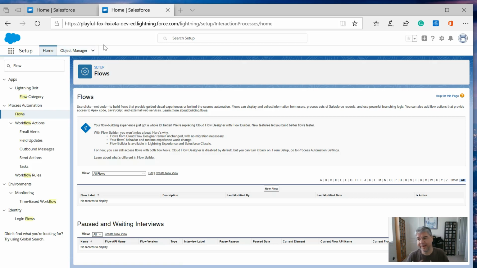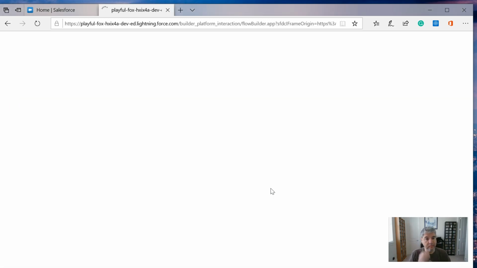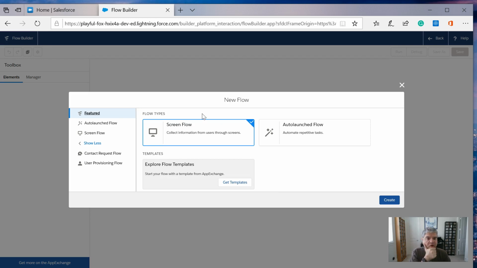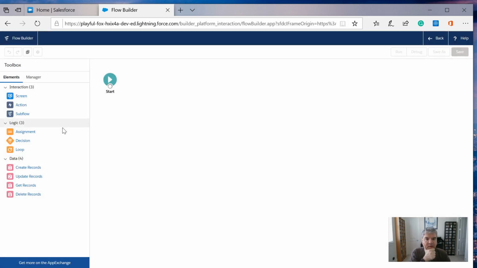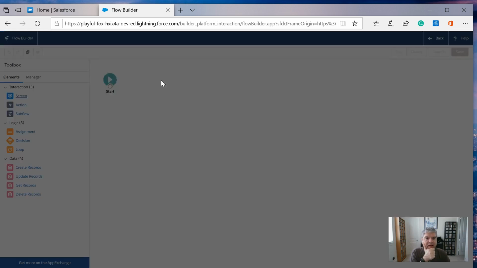Using, and since it's a super badge, I went ahead and created a clean environment as suggested by Salesforce. So I'm going to go into flows. I'm going to create a new flow. It's going to be a screen flow. And the first thing I'm going to do is add a screen,